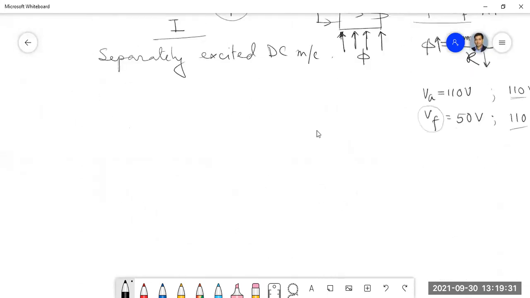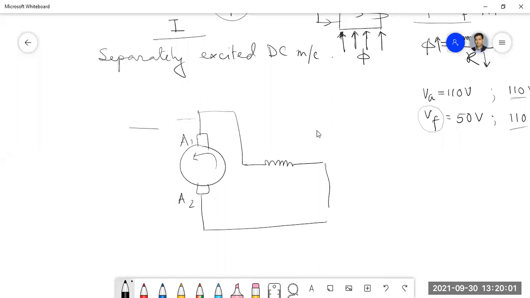Yes, sir. Okay, so you want that. Suppose I have some armature and some voltage across it. So you are asking why we should not connect it that way. We are getting some voltage across it, and the same voltage we will connect here. And then we'll check what the voltage is here. Am I right?